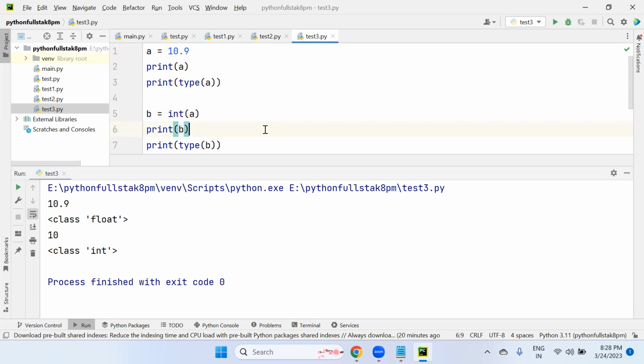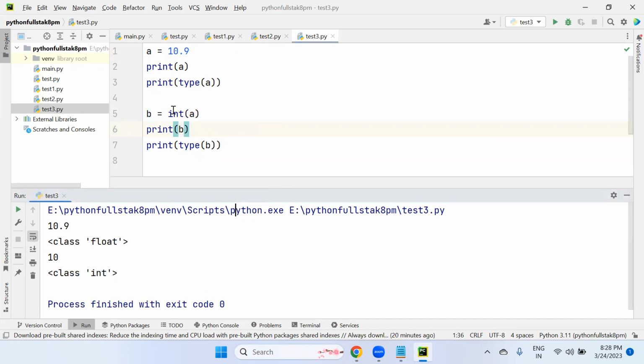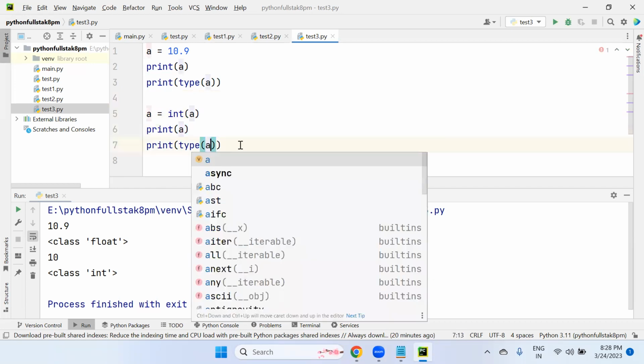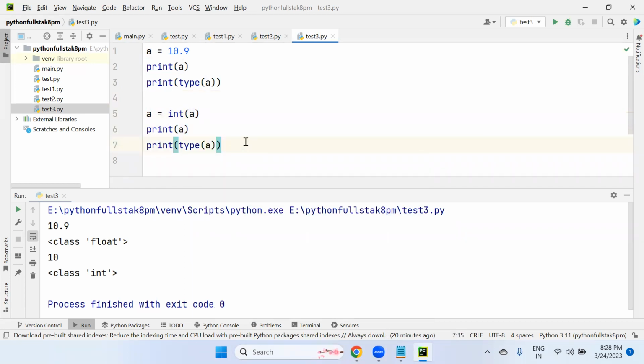It's very clear, straightforward. Now, just observe, I'm telling one thing. Here I'm taking a, here also I'm taking a, here also I'm taking a. Throughout the program, all variable names are a. Is this valid or not? Just type your answer in comments. Do you think this is valid in Python? So a is already declared as 10.9. Again, I'm converting this a into integer type and storing it into a only. Is this valid or not? Exactly, valid. Obviously, yes. Thanks for your response.